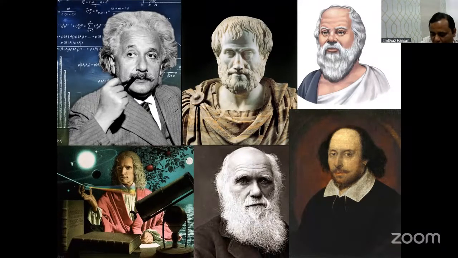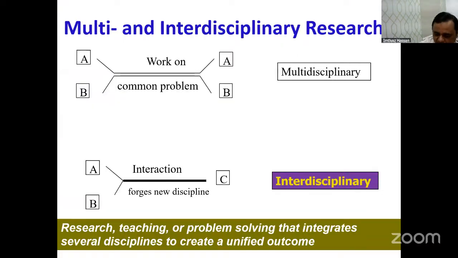If you go through history, you find all the great people, all the innovators, they thought differently and integrated different disciplines together. And that's why they are still remembered for their best discoveries across the globe. Now, mostly students get confused between interdisciplinary and multidisciplinary. There is a sharp difference between them. Let me make the pointer.